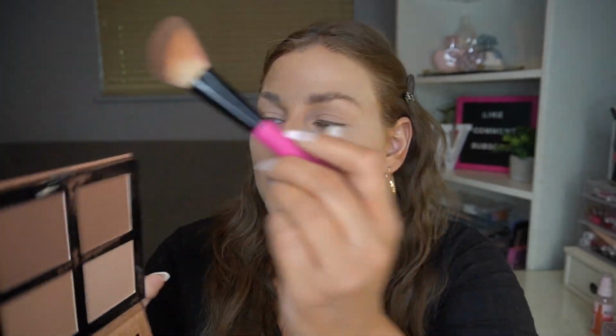For my physical contour, I'm gonna go in with this shade first. Then if I need to darken it up, I'm gonna go in with another shade. But let's go ahead and contour this face up. You go in and dip in here. And there is some fallout, which I expect, but